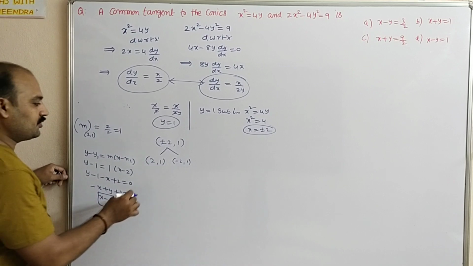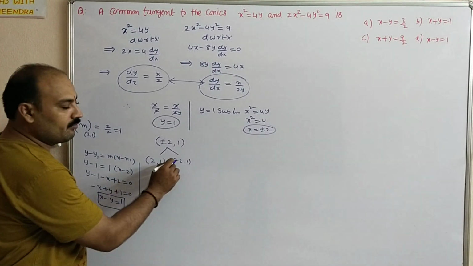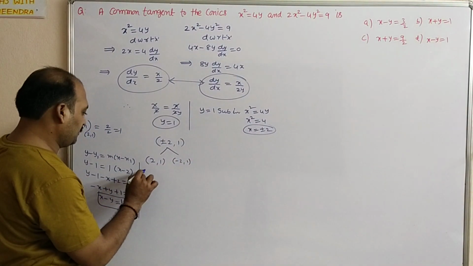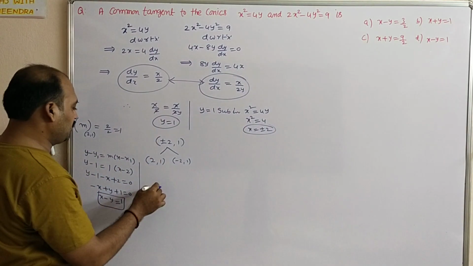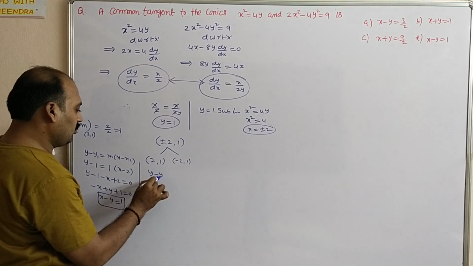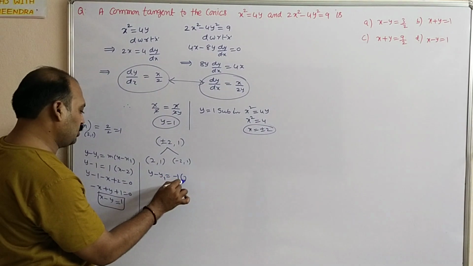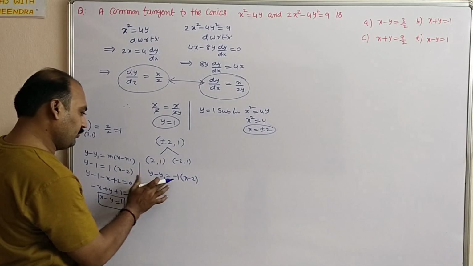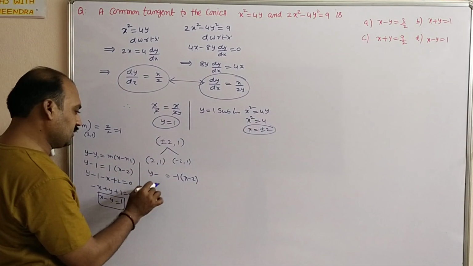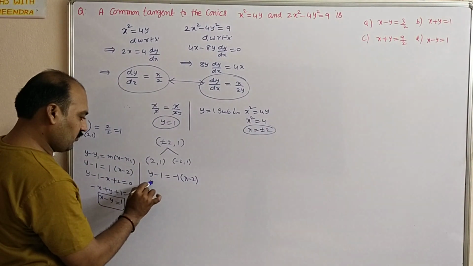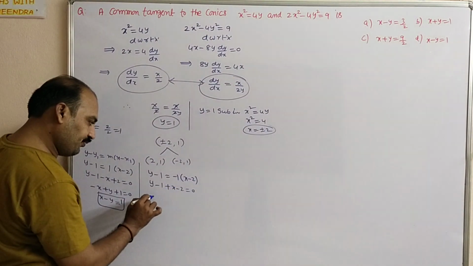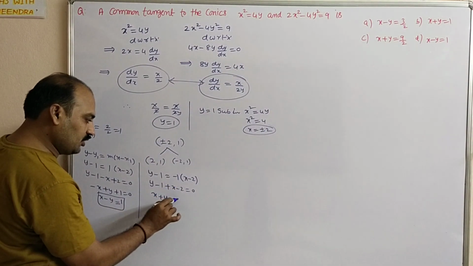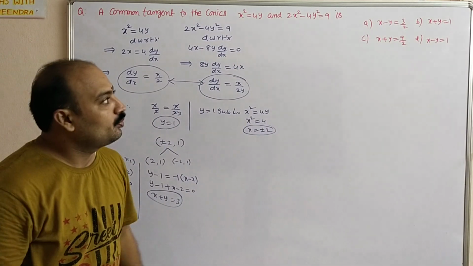We will see the different options. Minus 2 comma 1 also we can take it. At minus 2 comma 1 you will get slope is minus 1. y minus y1 equal to minus 1 into x minus 2. So y1 value is 1. So y minus 1 plus x minus 2 equal to 0. So x plus y equal to 3. Even this is also an option we have.